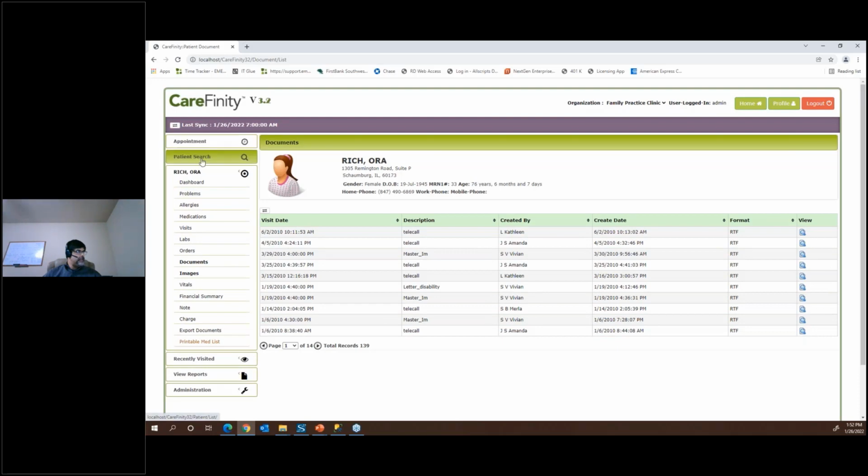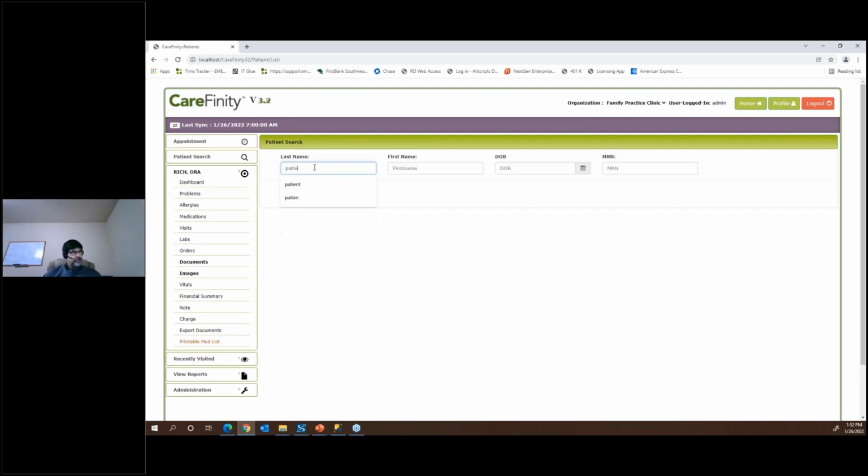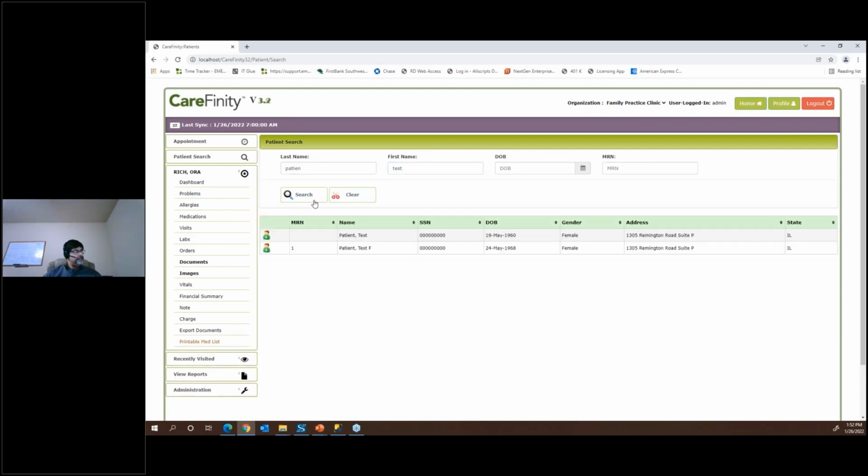Let me open up a test patient, another test patient where I actually have their notes so you can see what that looks like. So I'm able to search my patient book. Yeah. Real quick, how do you see this data if the system is down? Where is this coming from?